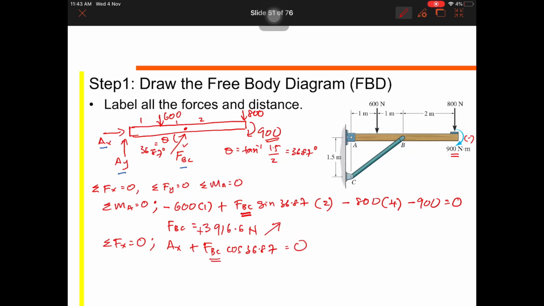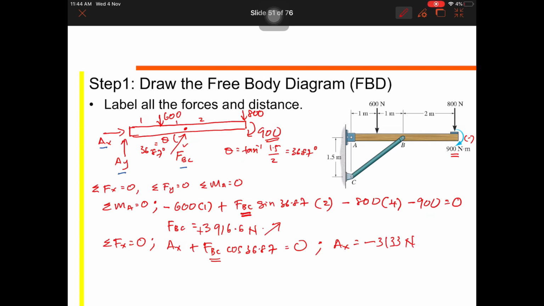FBC is already known from this value, so AX is equal to minus 3916.6 times cos 36.87. So you get the answer minus